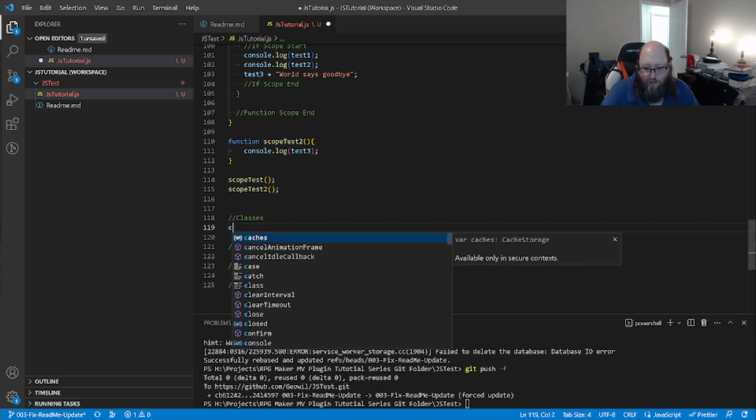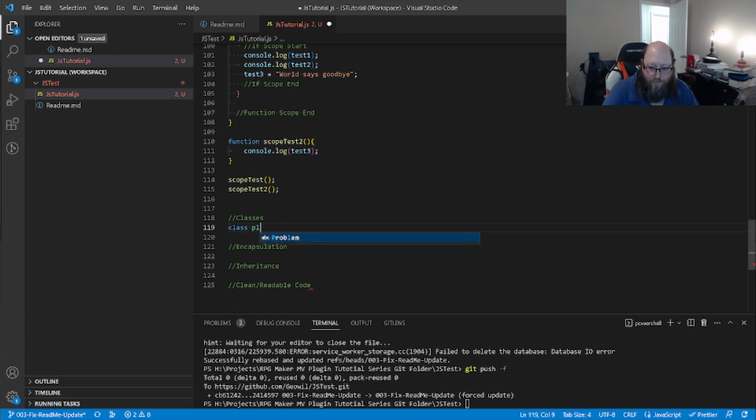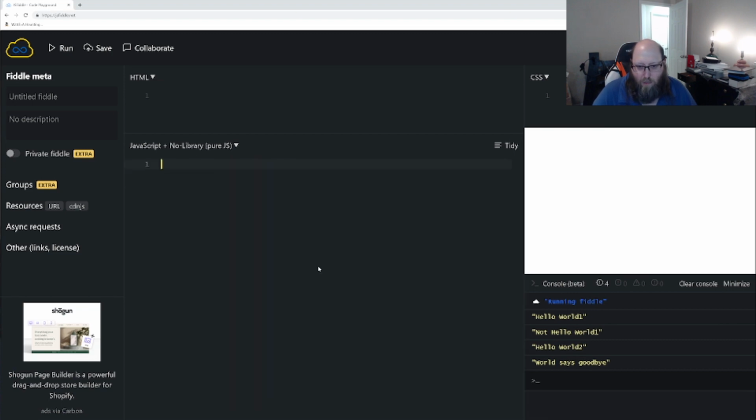But so you just have a class, and then you have a class name, let's say player, and then you enclose that with curly braces. So again, we're going to go over to our handy-dandy stuff over here. So we have our class player. Like I said, we need some properties to store information, so these are going to be vars, because we need to use them throughout this class. We're also going to define them as private variables, because of something we'll talk about later called encapsulation. So var HP